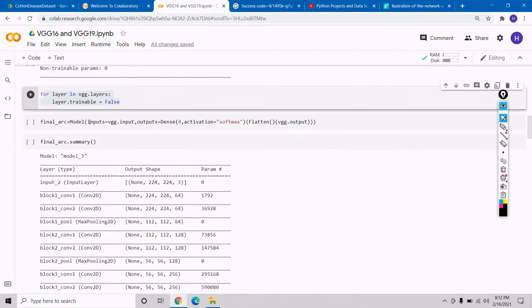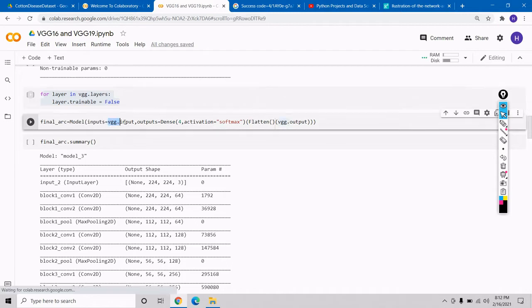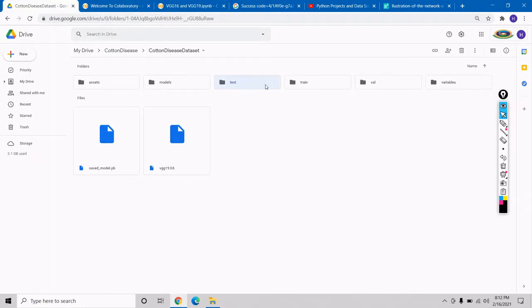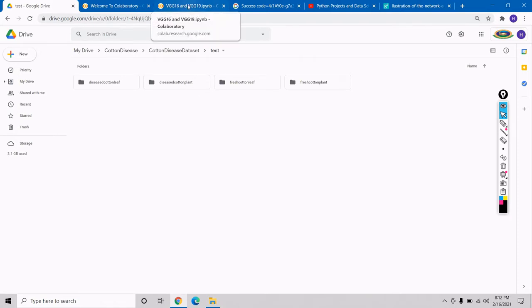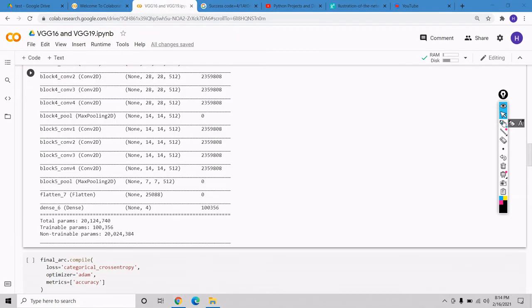And finally, after providing our own input images, we are saying that at the output we add our dense layer with 4 neurons and our softmax activation function, because as we know in our drive we have 4 classes. For the 4 classes we cannot use the sigmoid activation function because it is for binary classification. So finally in our summary we can see we have added our flattening and dense layer. Here at last we have our 4 outputs, so it will give us the 4 outputs for an image prediction.